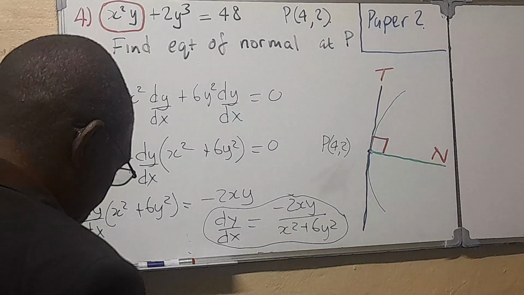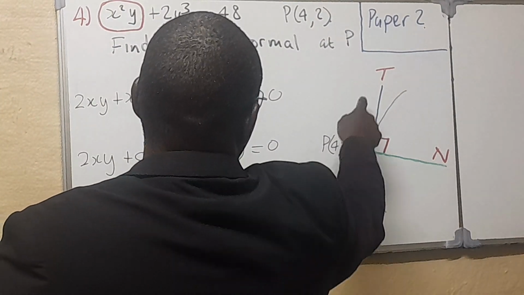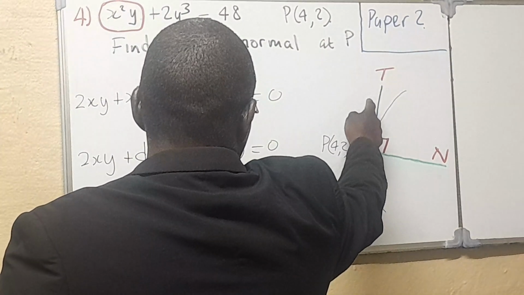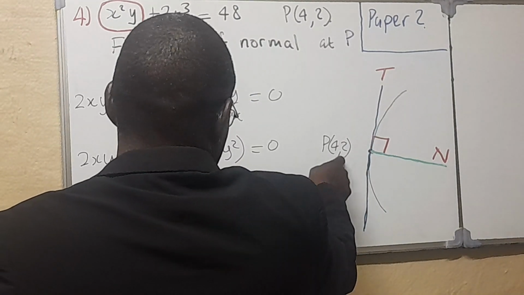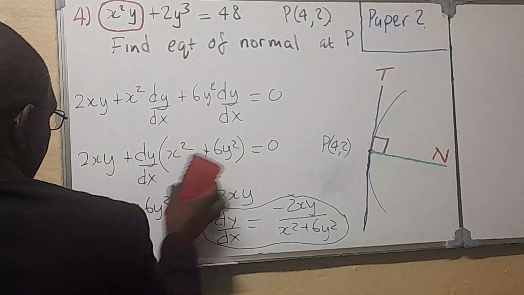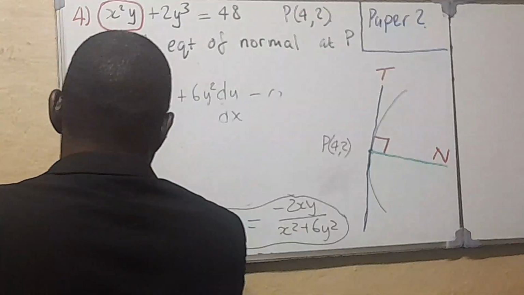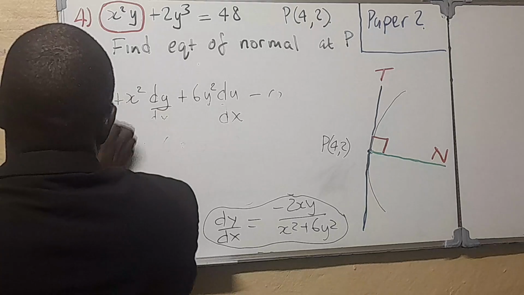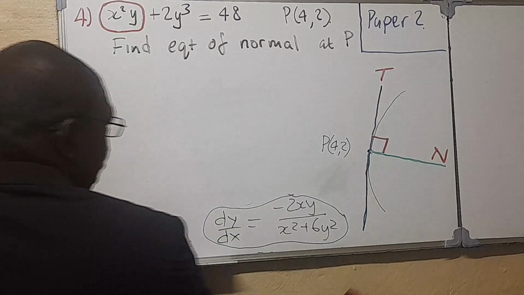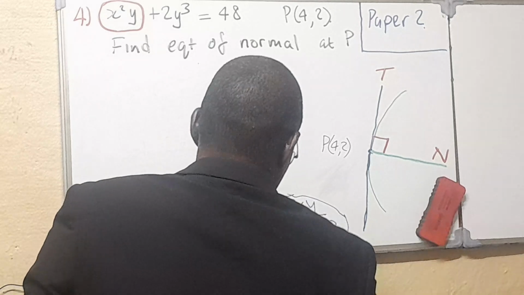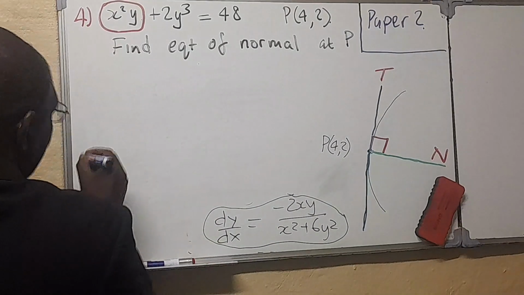But now we want to find the value of dy/dx because we want the gradient of this line. So we have to evaluate the dy/dx at this point. So let me just clear this part of the board to create some space there. Okay. Now that we've got our dy/dx, allow me to write it like this,